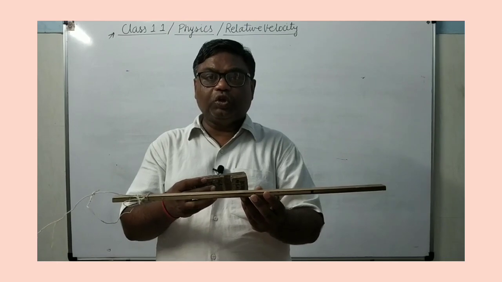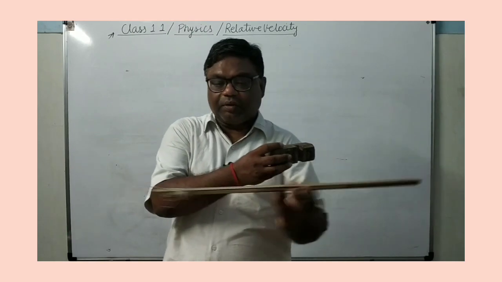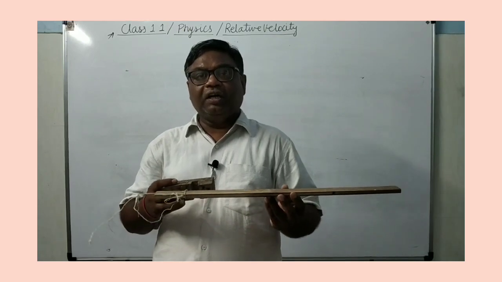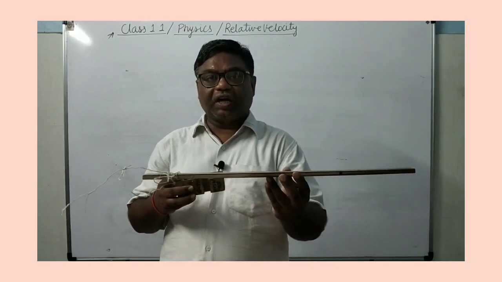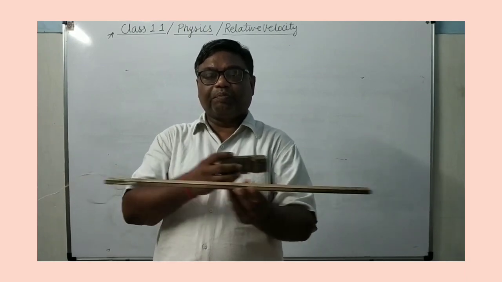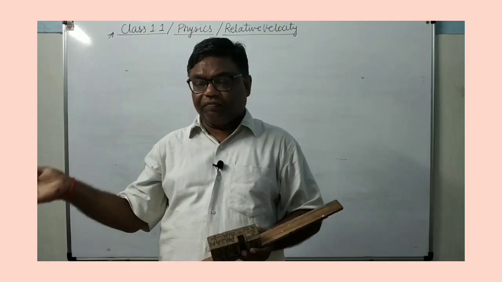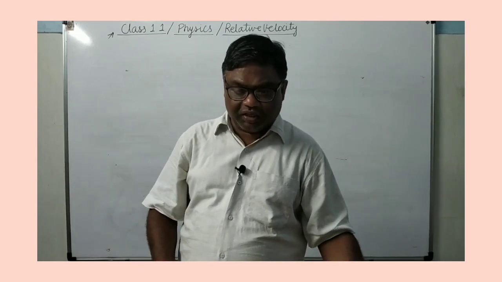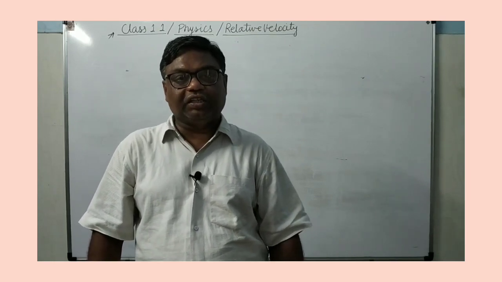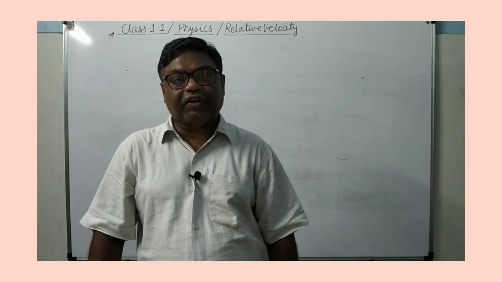It's clear. Suppose you are moving on this train in this direction, and the other is moving in the opposite direction. You will find that the relative velocity of the other train is very high. It is passing with very great velocity when travelling in the opposite direction. It is because of this, which I have shown in the diagram. In the opposite direction, relative speed will be simply the sum of their speeds. If they are moving in the same direction, then relative speed will be simply the difference of their speeds.